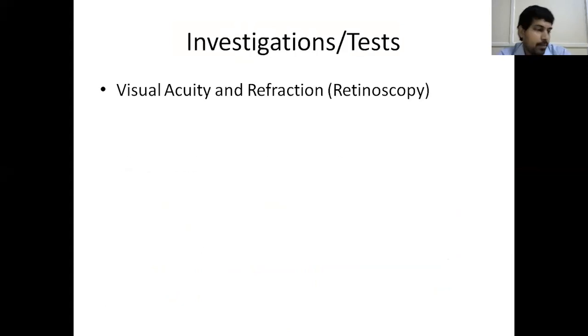Now, coming to the important part, what are the various investigations or tests that you have to perform in order to diagnose this squint? So any case of squint, suppose there is already a deviation of the eyeball, the parent comes to you saying that my child's eye is deviating outside, so what should I do. Like that, they will come to you.